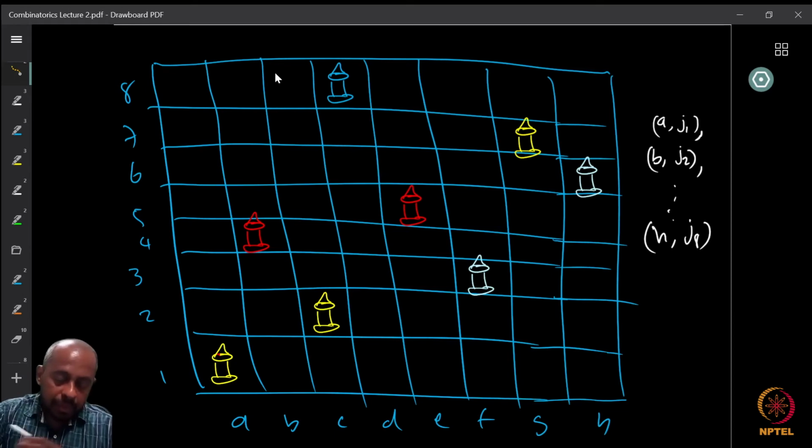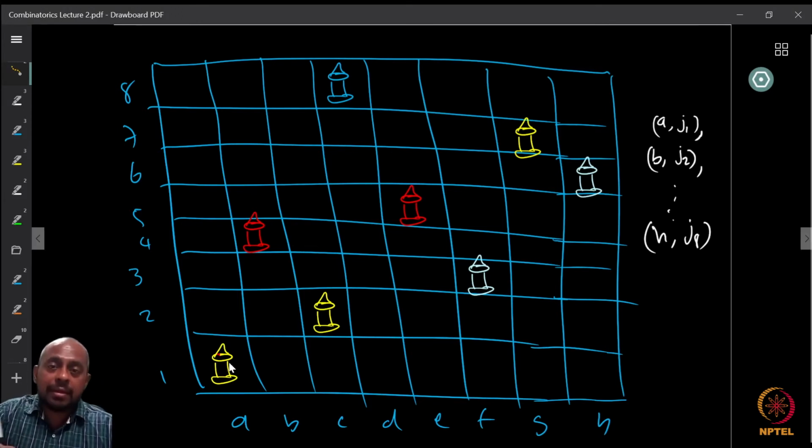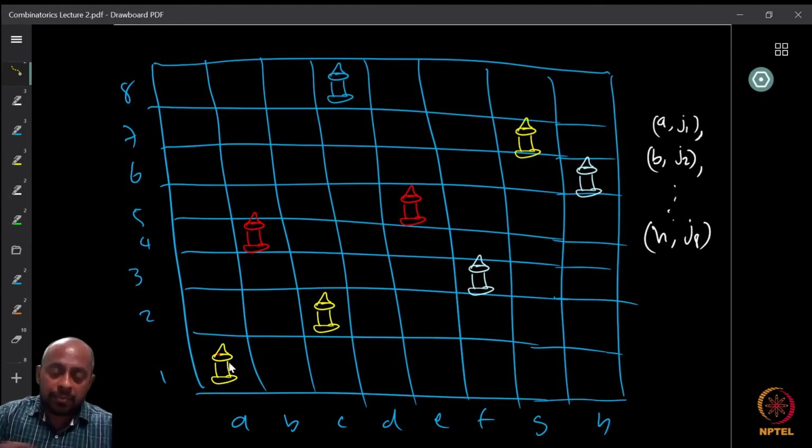Sorry. First, discard the color that I have given to the rooks. The color was for the second part of the question, and I don't want to do this two times. So assume that all of them are of the same color for the time being. Now we have these 8 rooks. When 2 rooks are in the same rank or the same file, they can attack each other, because one can reach the other going in that direction. So if they are in the same rank, they can attack each other, and if they are in the same file, they can also attack each other.